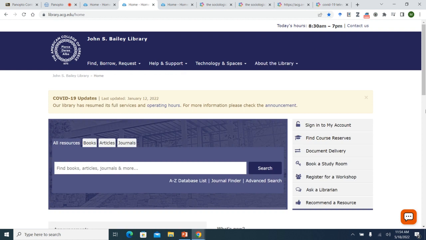We've gone over a lot in this short orientation today. The most important thing you can take away from this session should be the knowledge that you can access the online library resources at any time and contact the library staff in different ways, via phone, chat, email services, or by requesting individual consultations.